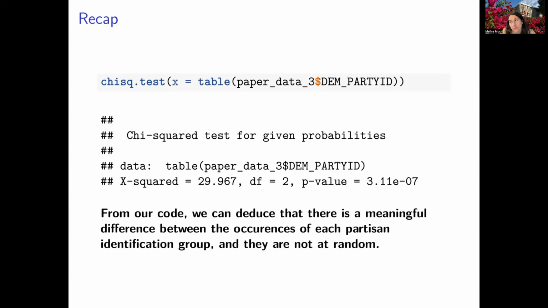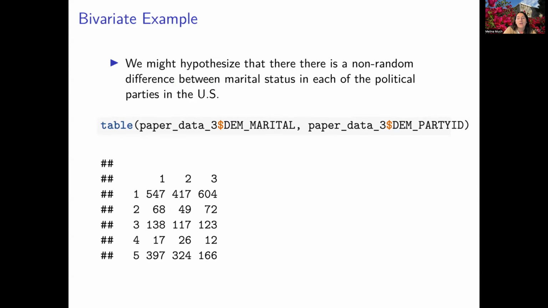So this is when you only have one categorical variable, but in many cases you'll have 2, and you'll want to know if there are meaningful differences at the intersections of those particular variables. So let's move into a bivariate example and how that works. It's still based on this idea of comparing the frequencies against the expected in each of these different variables